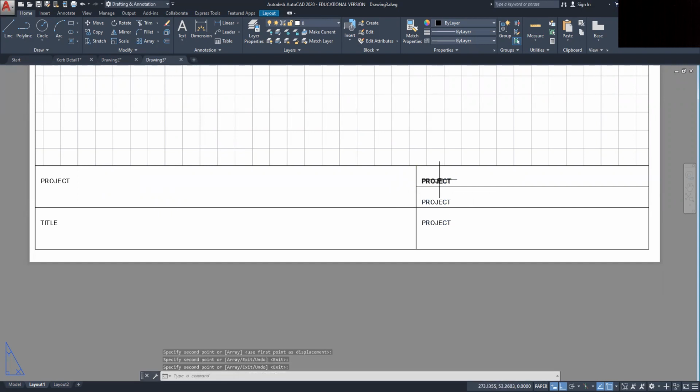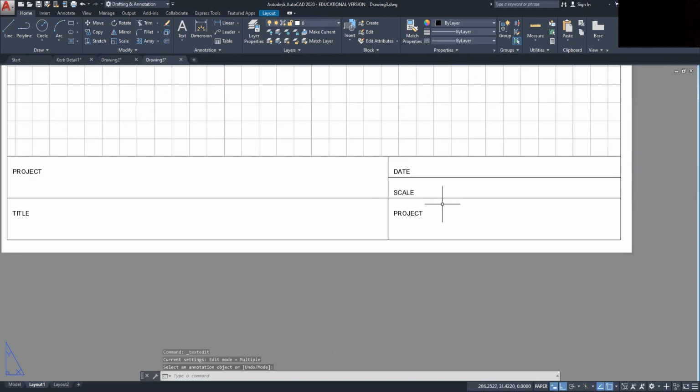Okay, so in this case, we'll make this one date. Enter. In this case, we'll make this one scale. Enter. And let's make this one the author. Okay, so drawn by,